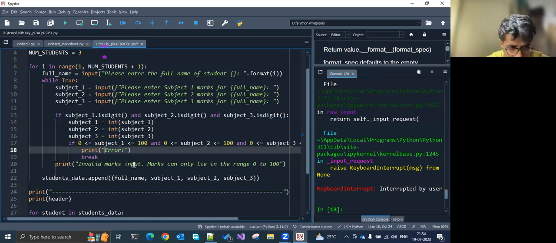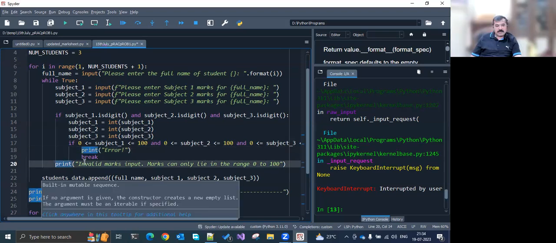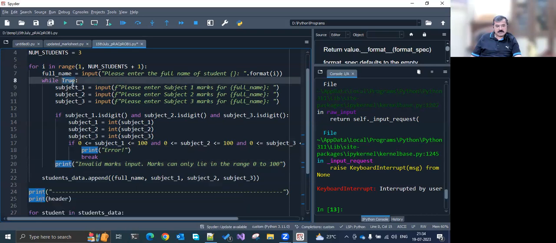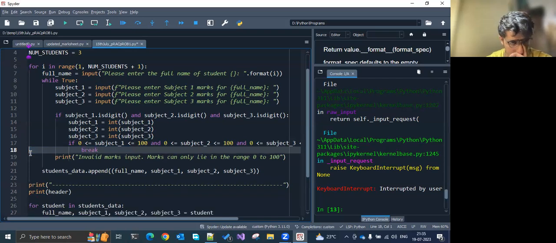तो नीचे प्रिंट किया ना, प्रिंट इनवैलिड मार्क्स इनपुट। अगर प्रिंट कर रहे हैं तो जाके वापस सब्जेक्ट के मार्क्स एक्सेप्ट करोगे, ऐसा कहना है आपका। तो ये कंडीशन क्या था, एरर के लिए या सही है तो एरर ये कंडीशन है? तो सही है ना, अगर सारे मार्क्स 0 to 100 के बीच में आएंगे तो, अदरवाइज शो इनवैलिड मार्क्स इनपुट।